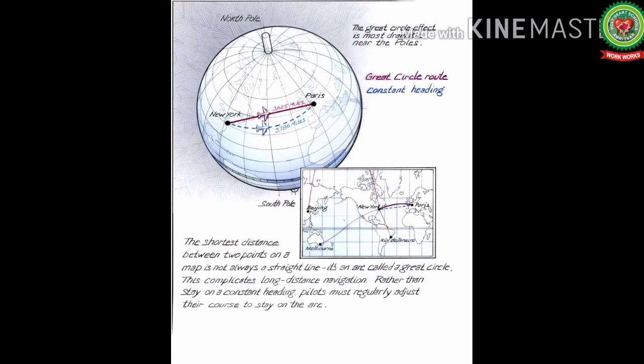The shortest distance between any 2 points on the Earth's surface is called the arc of the great circle, which passes between these 2 points. Because Earth is spherical in shape, the distance between the 2 points on the Earth's surface cannot be taken as a straight line. Since the great circle routes are the shortest distance between two places on the Earth, they are mainly used to save fuel and time. Therefore, they are very economical.